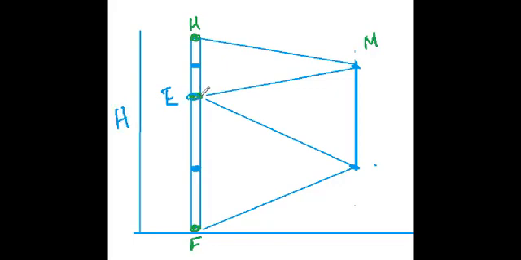Now, this is the position of his eye. This is his foot. Let me call the distance from his eye to his foot x, and from his eye upward, let me call it y.